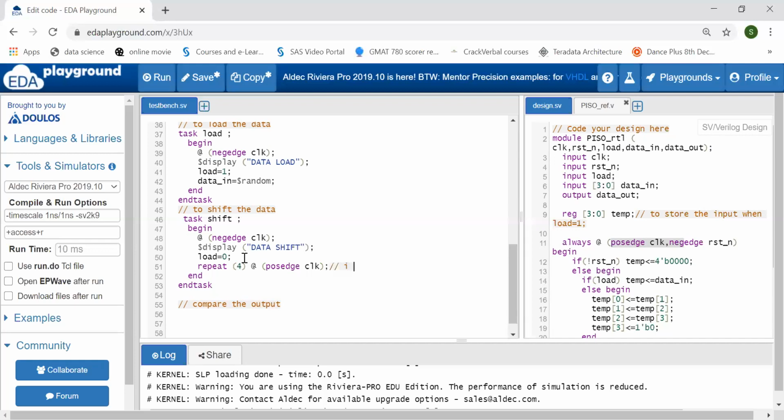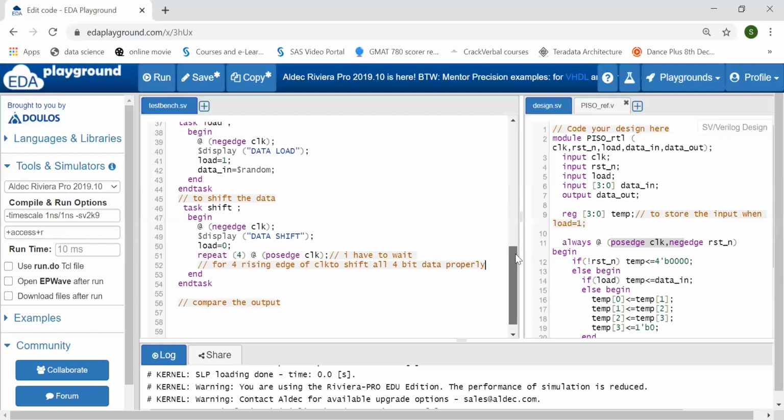Because I have to wait for 4 rising edges of clock to shift all the 4-bit data properly. Okay, so now end task, completed.